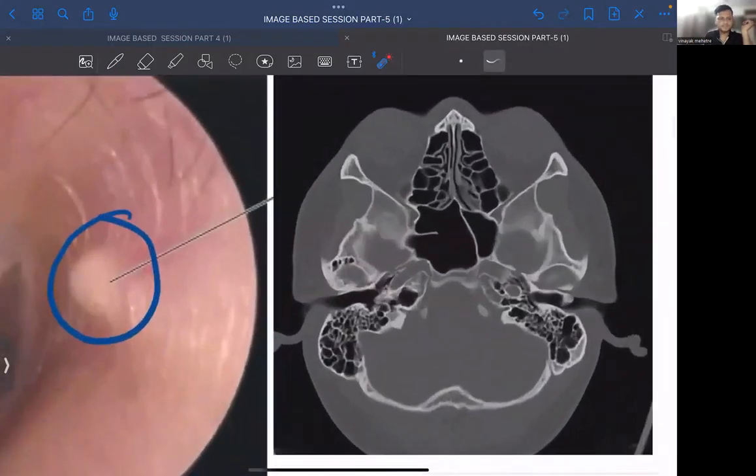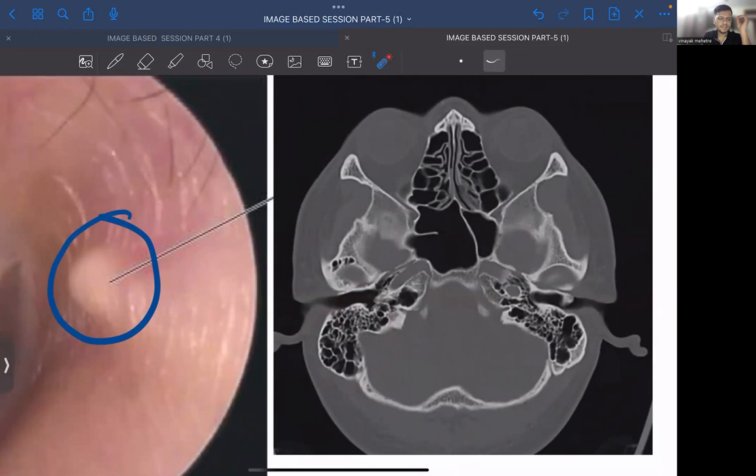Take a look over here. This is the external auditory canal. This is the mastoid. Mastoid will look